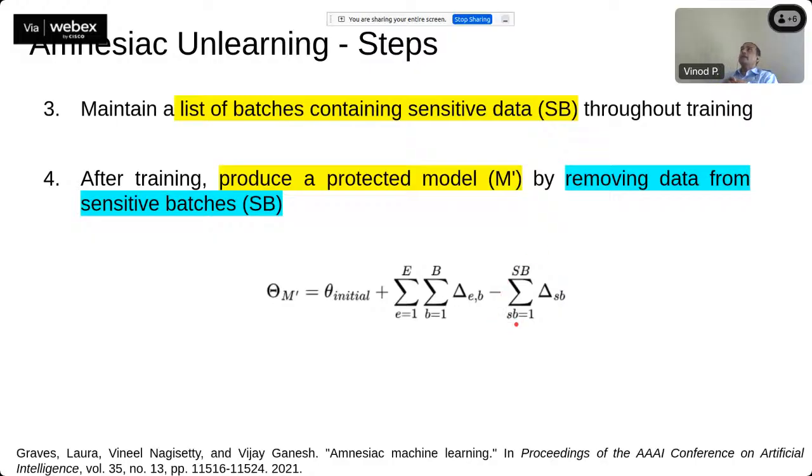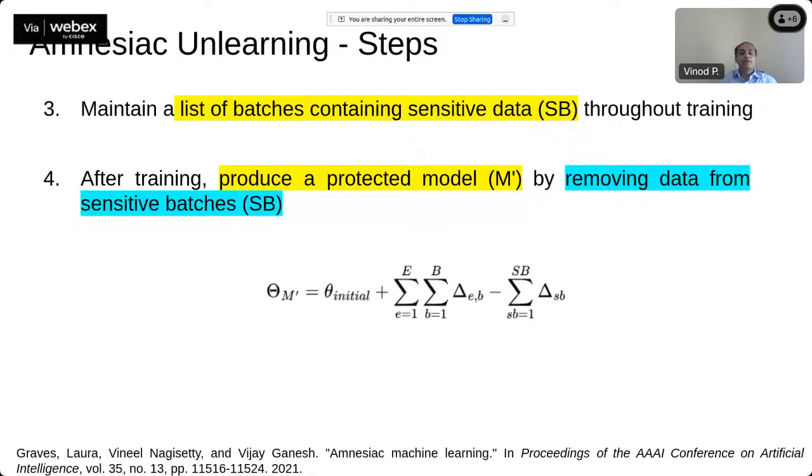Imagine the case that these unlearning data points are spread across multiple batches. So which means 100 batches are there, okay? And in 100 batches, let us say 50% of the batches are sensitive batches, because they contain sensitive data points. So we will repeat this step assuming 250 times. So this will basically perform aggressive changes in the model parameters.